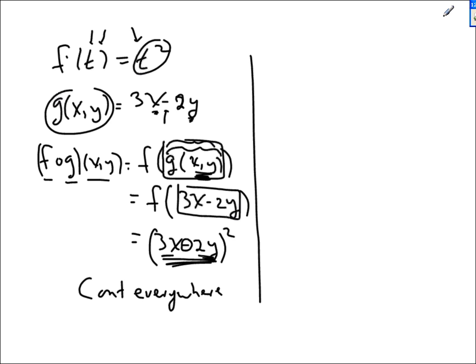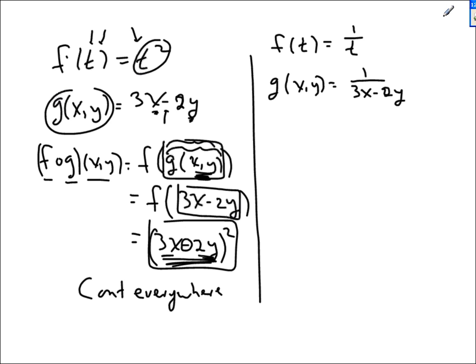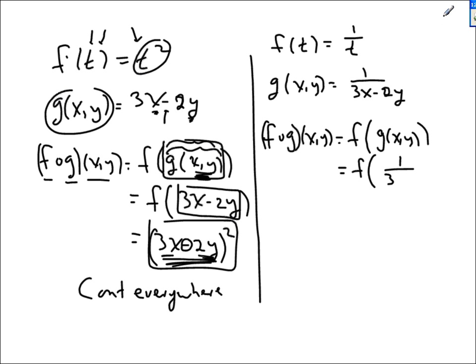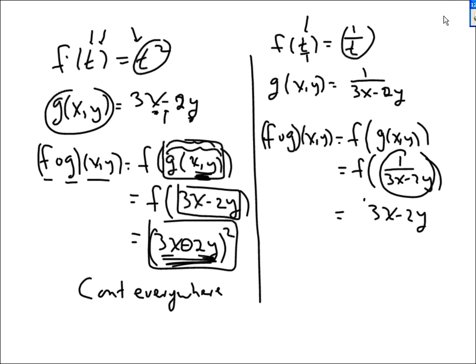But now, what if I define f of t to be 1 over t, and I define g of x,y to be 1 over 3x minus 2y? Now you really shouldn't look at the end result to base your answer. If you compute f circle g of x,y, which means f of g of x,y, then what does f do to what's in the brackets? t is the same as t over 1. What did f do to t over 1? It took the reciprocal. What's f of this? Take the reciprocal. You get 3x minus 2y,